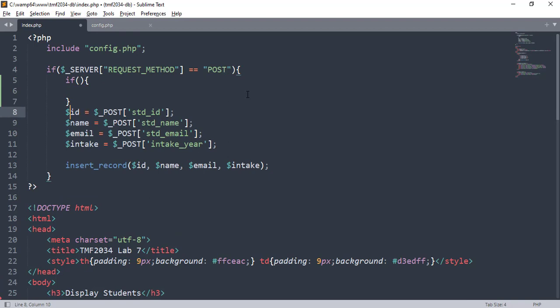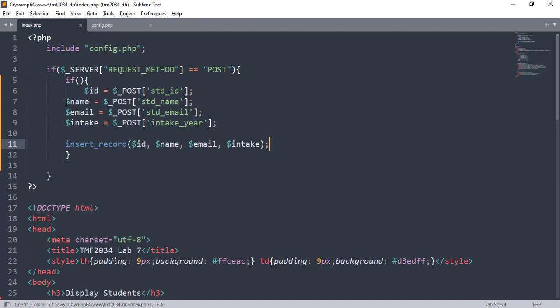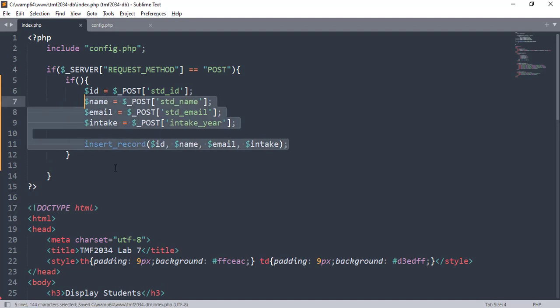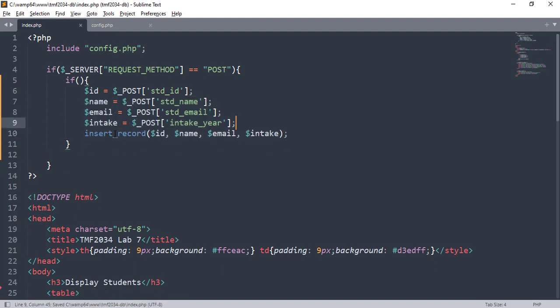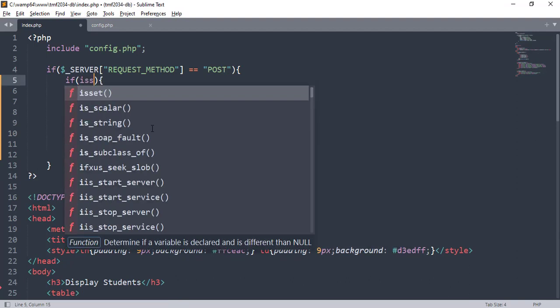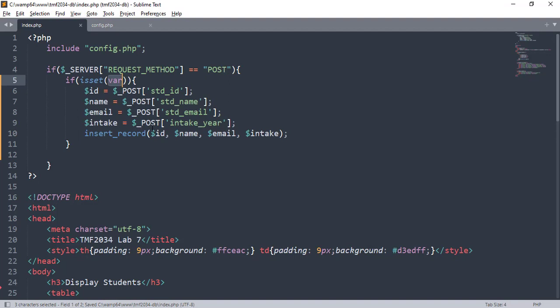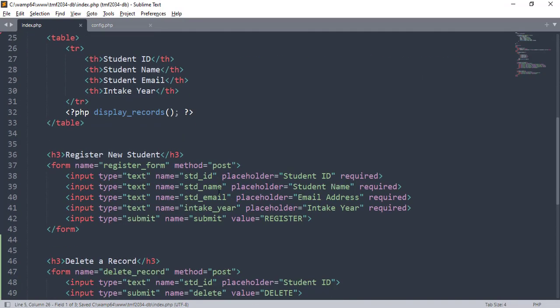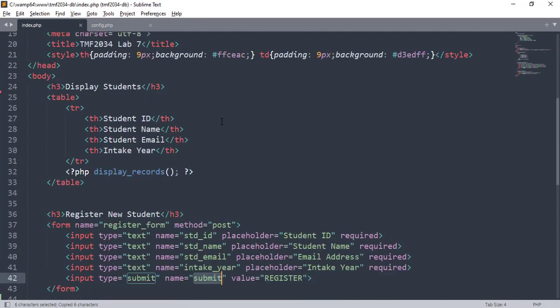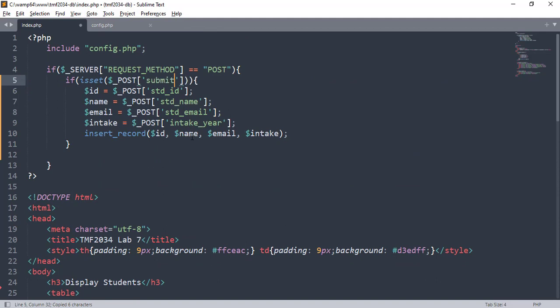Let's say this if condition is used only for registering. If you want to register a new student, we use it here. PHP has a function isset, and it will check. For example, we have a post method, and we can check the name of the button that we are using. The name is submit. Here we are checking if the submit is set, and then we can write else